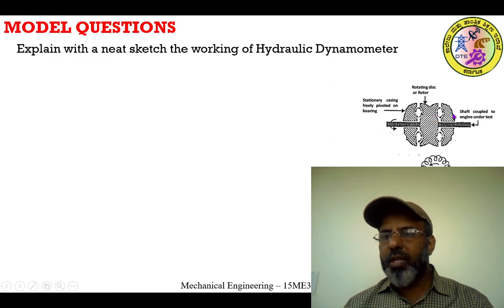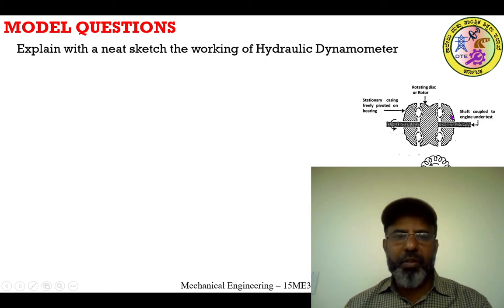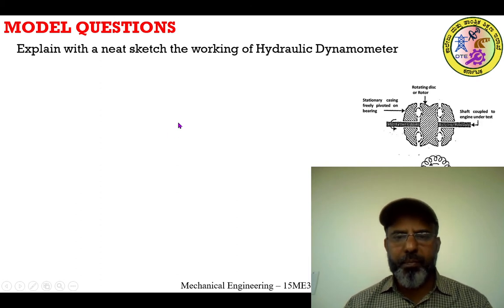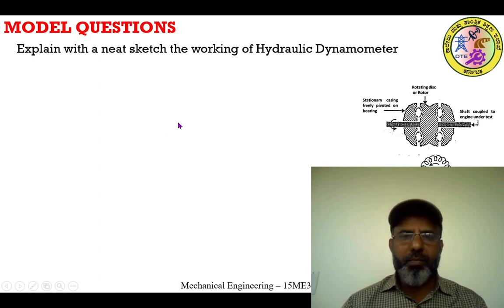This is the rotor. This is the stationary casing or the stator placed on both the sides. And here the anti-friction bearing is missing. You have to write the anti-friction bearing. And these are the chambers. This rotor is keyed to the shaft which is under test, and this stator will be mounted on the anti-friction bearings. Now just go on giving a brief description point-wise.